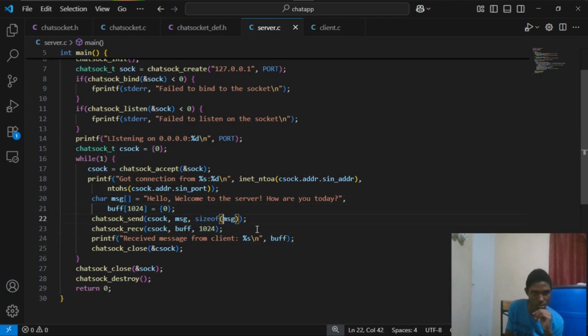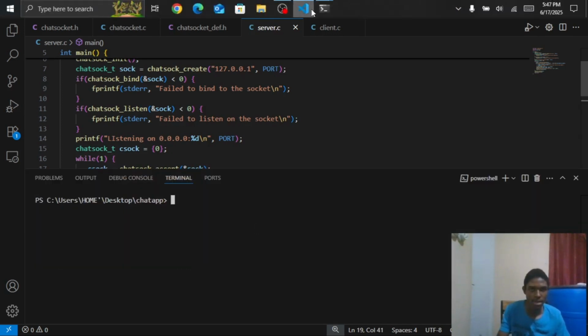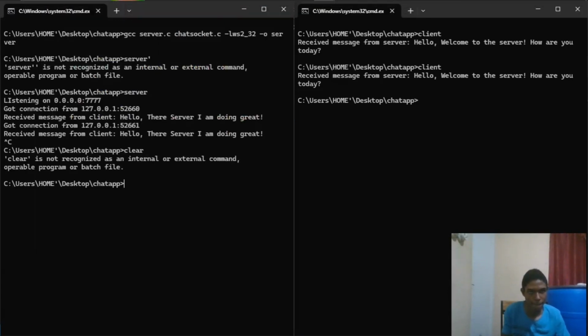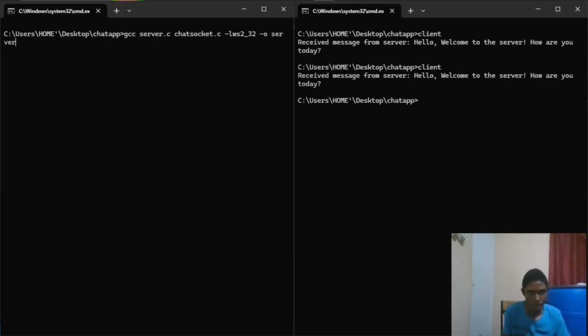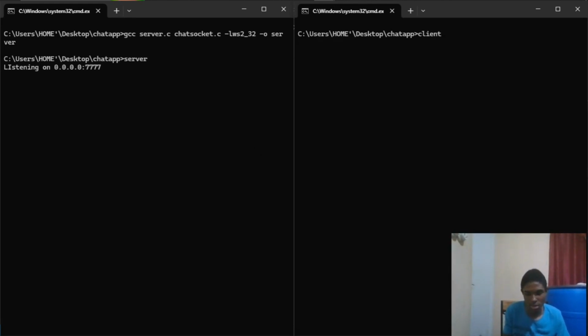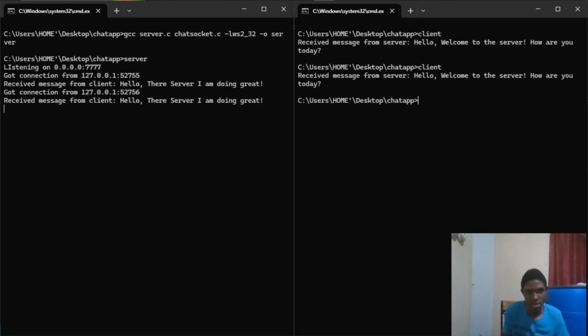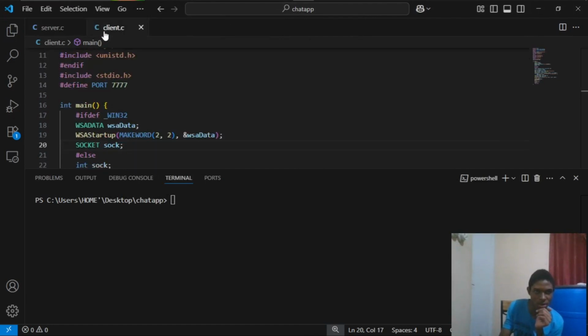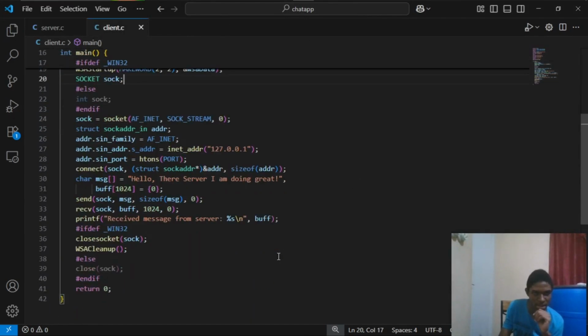Alright. So now that we have done that, guys, let's test it out real quick. So we recompile our server, execute it, and let's execute our client, and it still works. Nice. So now, guys, let's try to close all of these header files for now, and let's try to simplify